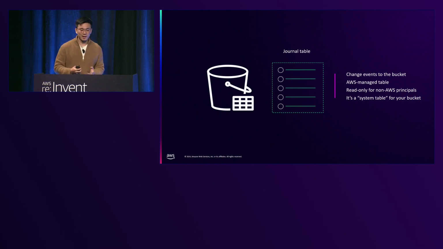The second thing we want to highlight is that this table is a read-only table managed by AWS services, and only AWS services like S3 can modify it, mutate it, and add rows. What this means is that you get something like a system table in the database world, where you have this read-only authoritative ledger of changes that you refer to for what happened to your bucket.